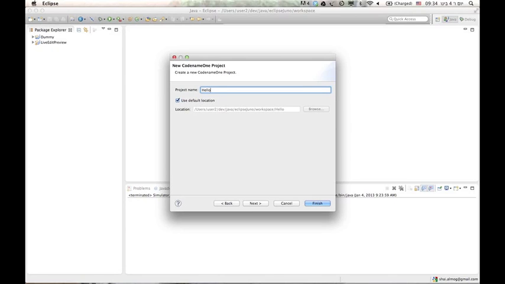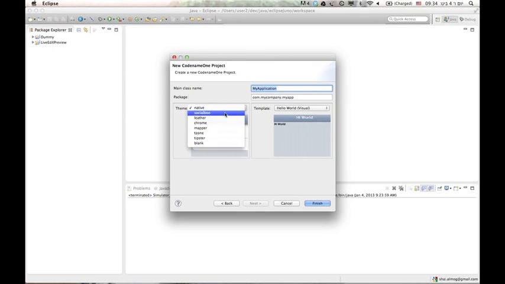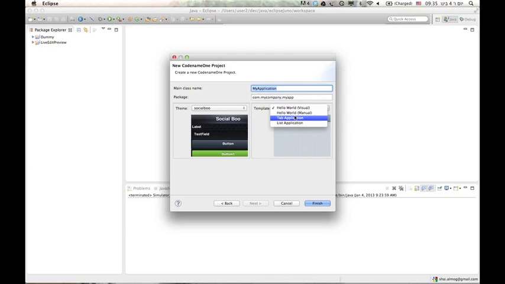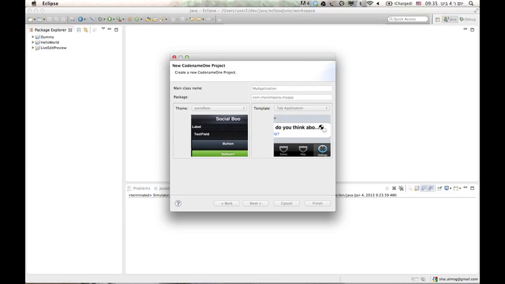So let's create a hello world project, and here you can see we can pick lots of theme types. We can go with just the plain vanilla native. We can go with a completely blank theme that has nothing in it, or we can go with a more customized look that still inherits the native behaviors but gives us a sort of unique thing. We can create a hello world application, or slightly more a demo that contains more content within it. So I'm going to go with the social brew in this particular case, and a tab-based application. It'll take a second to actually create that application,